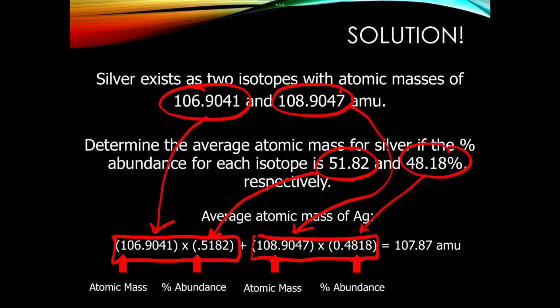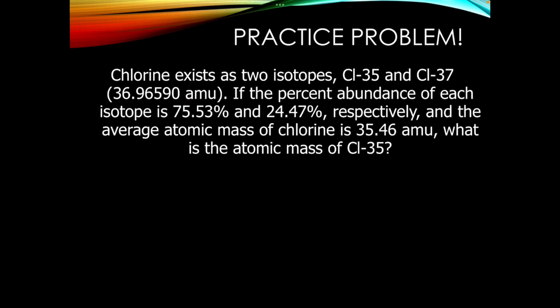people will do them wrong. They'll forget a parenthesis, or they'll have too many, they'll get an error message. So I would do this calculation, press equals, write that number down, do this calculation, press equals, write that number down, and then add them together to get your answer. Okay, but again, always mass times percent, mass times percent. Alrighty, one last practice problem.